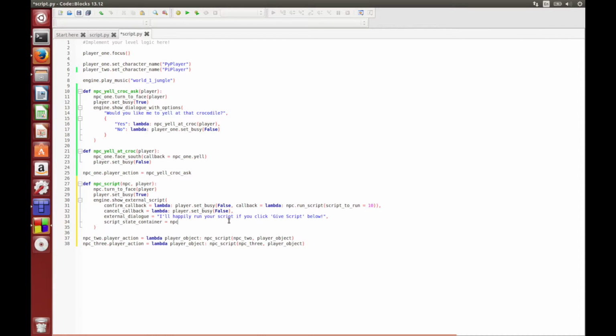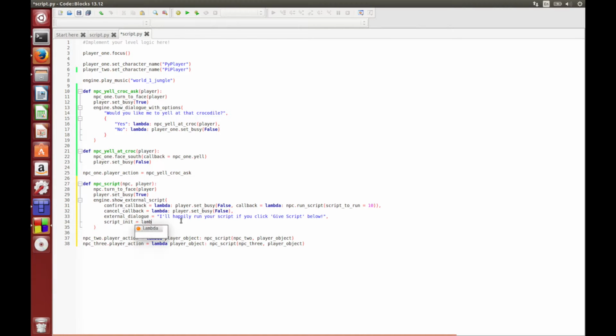Now, in some of our early levels, we actually have the NPCs giving you scripts initially, because you might not have learned to program yet, so they give you broken scripts that you can fix. And if you talk to them again, you want them to be given the same broken script again in case they made a mistake. So if you want that functionality, then instead of passing an object that will store a script that the player has to write from scratch,